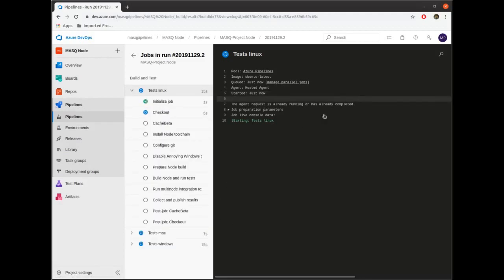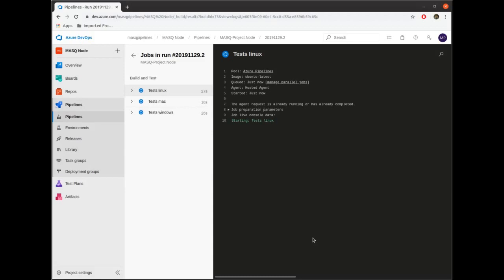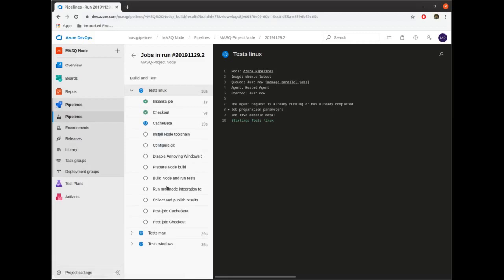So while that works, this is more a developer thing than a tester thing. As a tester, you might want to watch something run through here. You probably won't be actually starting things through here as a tester. But I wanted to show you, just so you know how things work. When this gets to the stage where it does collect and publish results, we'll wind up at